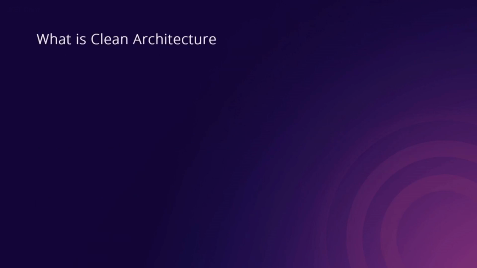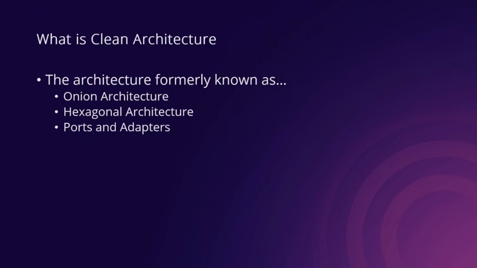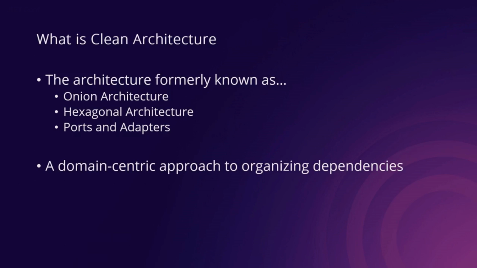All right, so let's start with what is clean architecture. Clean architecture is the architecture formerly known as onion architecture or hexagonal or sometimes ports and adapters. And it's really meant to be a domain-centric approach to organizing dependencies. I have a course on Pluralsight about SOLID principles, and if you follow all of the SOLID principles, you kind of arrive at this clean architecture style of arranging your dependencies, using dependency inversion, relying on dependency injection, focusing on interface dependencies rather than concrete dependencies, things like that. So that's mostly what leads you toward clean architecture, along with a healthy dose of separation of concerns.